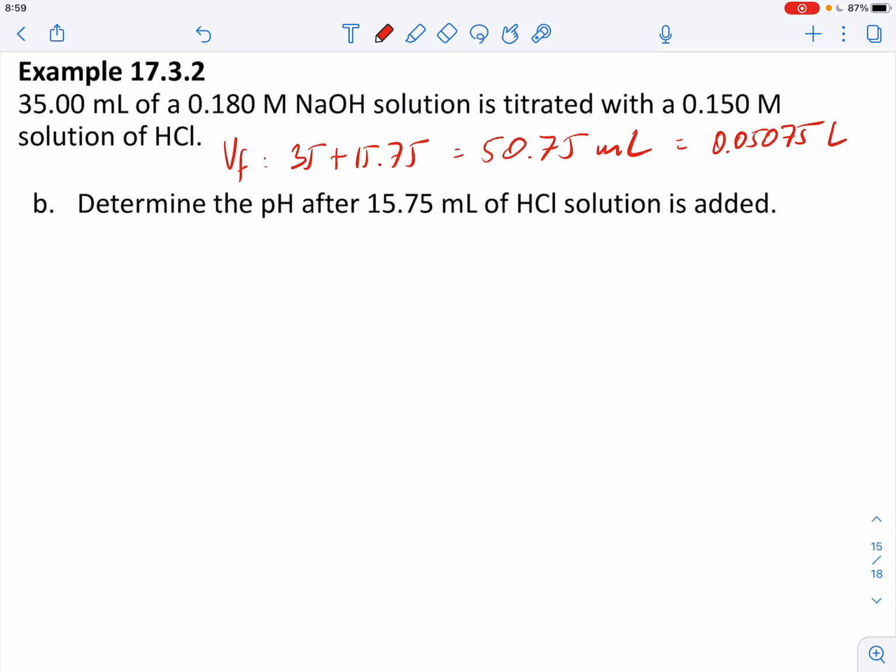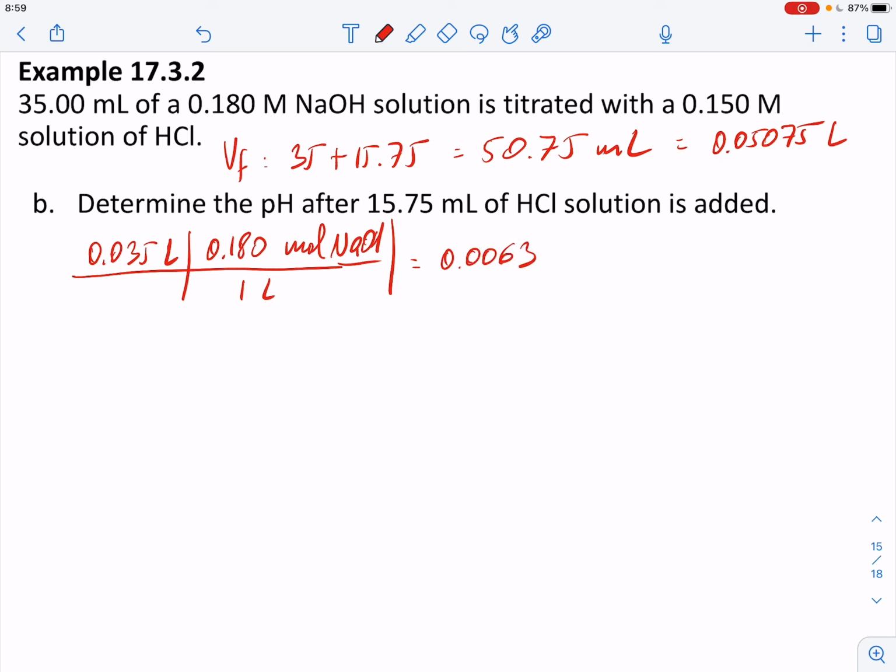So the initial moles of sodium hydroxide is 0.035 liters times 0.180 per liter, and this is equal to 0.0063,